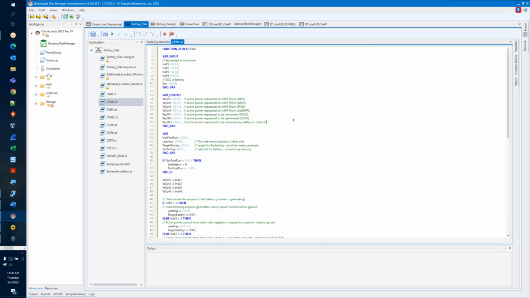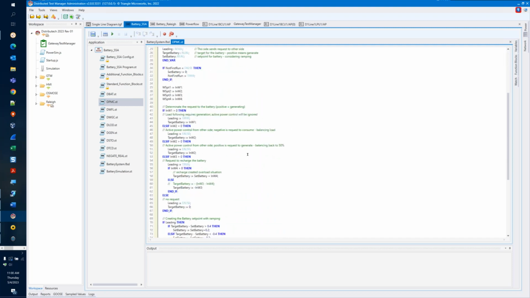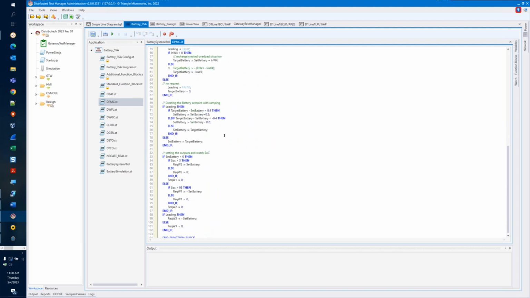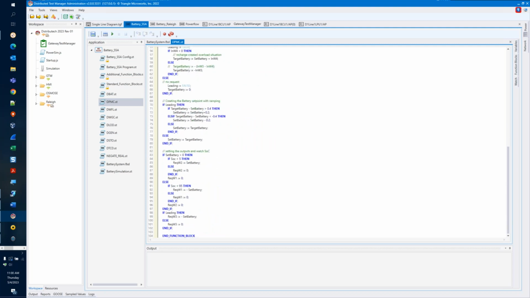And you can just get an idea of what structured text looks like. It's maybe a little bit C-like. You can see I've defined my inputs and outputs up here at the top, and then I have some logic down here defining what will happen to my outputs based on my given inputs. And then I can instantiate this function block multiple times if necessary, or add it to a library and use it in other projects over here in my